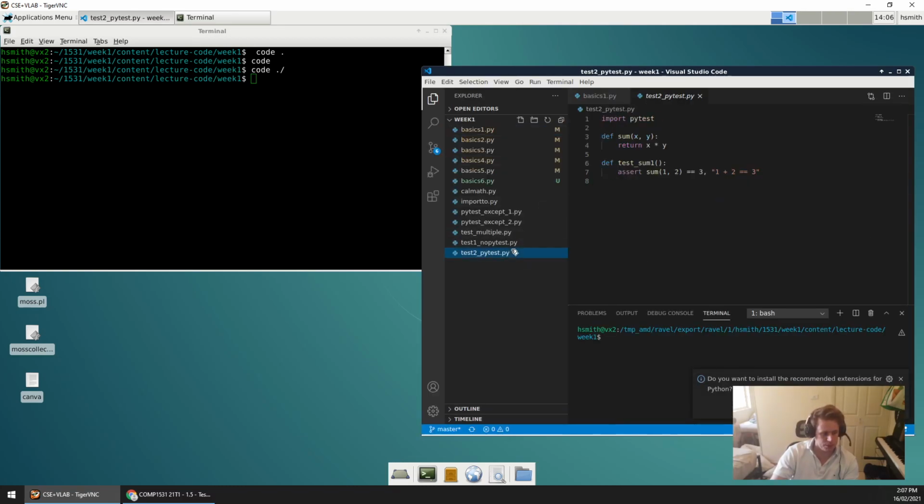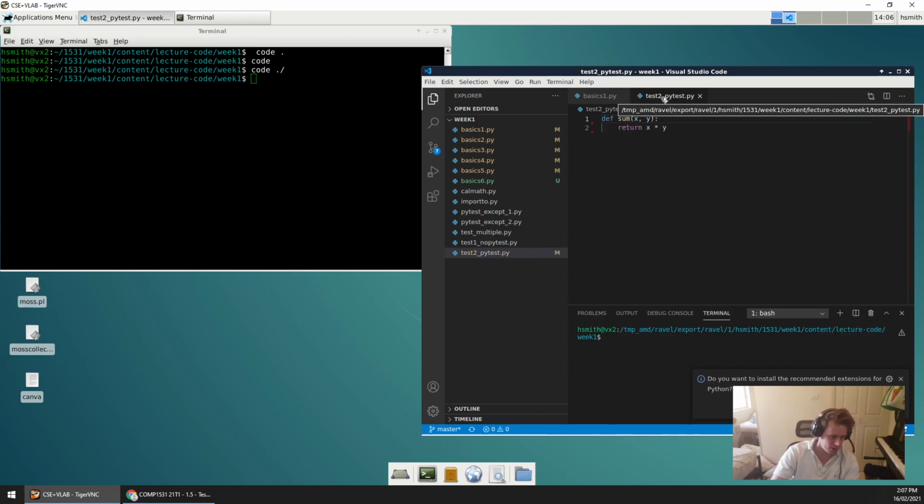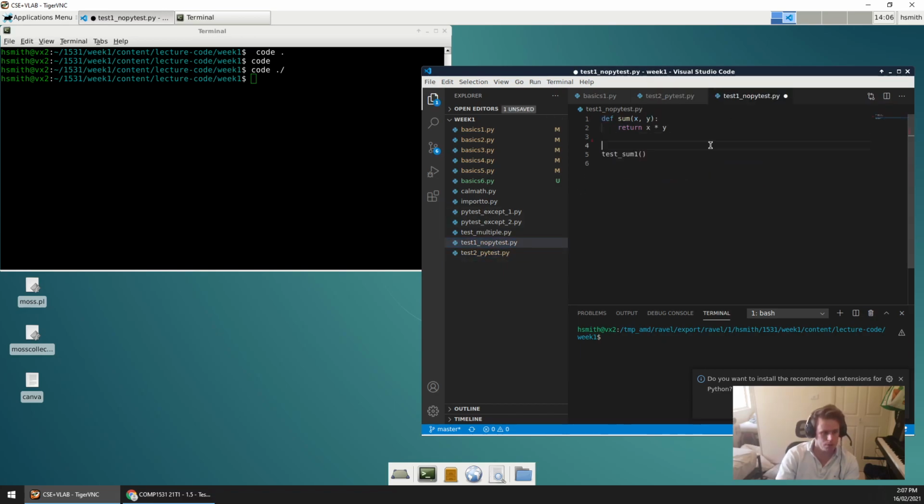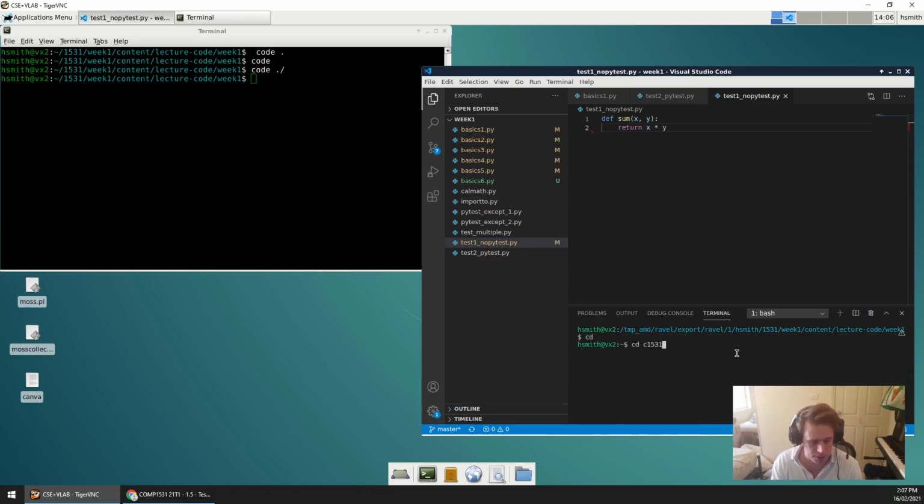Let's do a really basic pytest. Let's do something super basic. We'll start off here. We have this really simple sum function. It's a function that takes in x and y and it returns the product of x and y. Now obviously this is broken because that's not what a sum function should do, right? A sum function should be